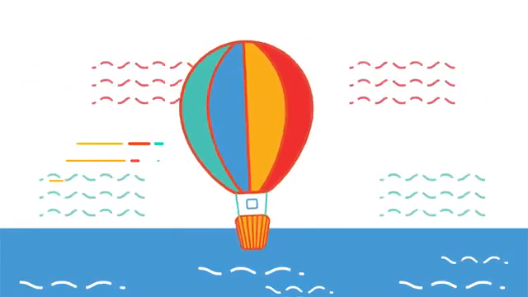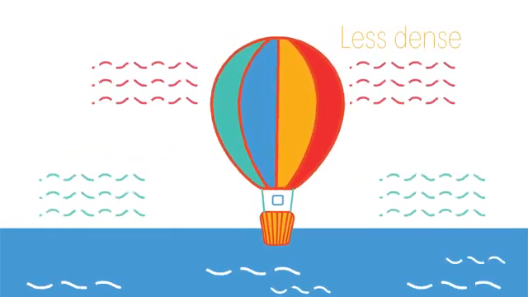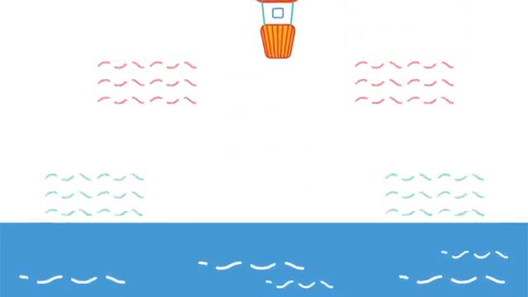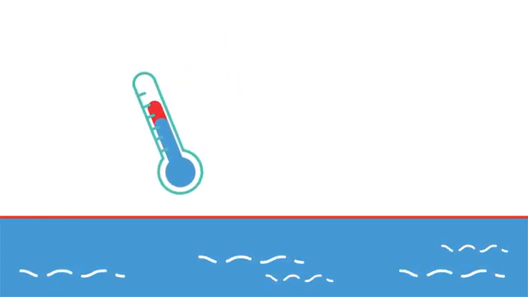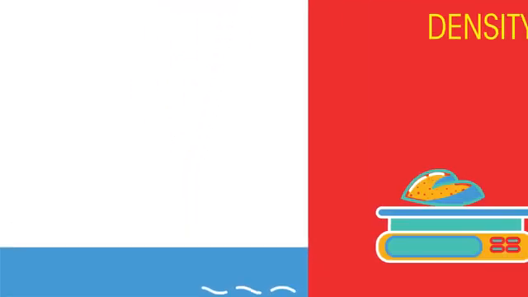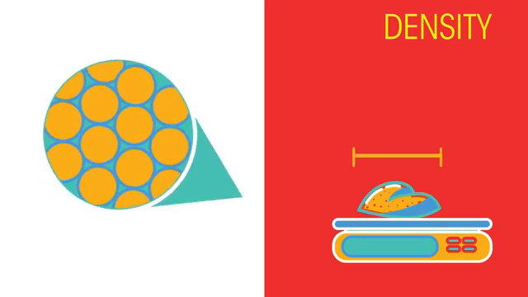This relationship between temperature and density explains how hot air balloons work. Hot air is less dense than normal air, which means hot air balloons rise. Hot water is also less dense than cold water, so the top of the ocean is warmer than the bottom. So there we have density. It is a comparison of how heavy an object is compared to its size, and also includes the arrangements of